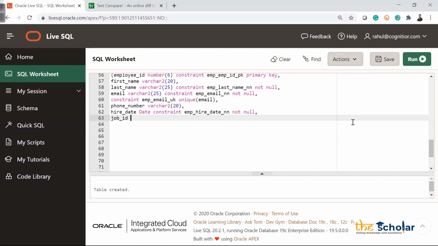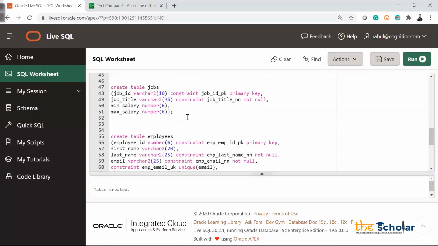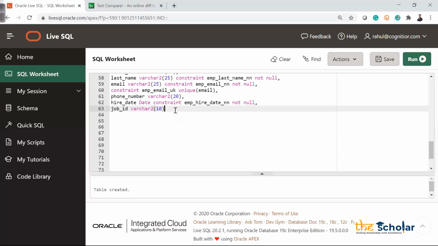Job id varchar2, let's keep the size as 10. What was the size there? The size is 10, so it is fine. Then have a constraint that it cannot be null, so constraint emp_job_nn not null, comma,